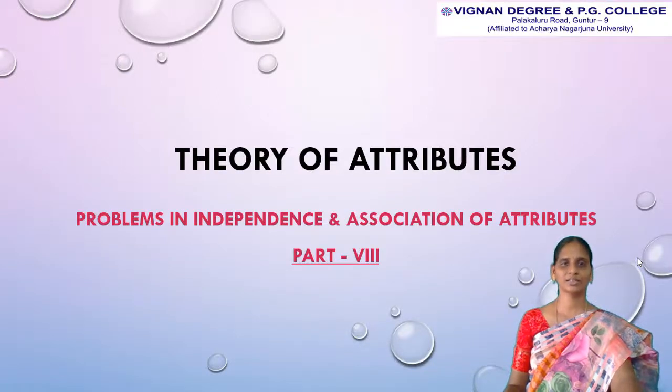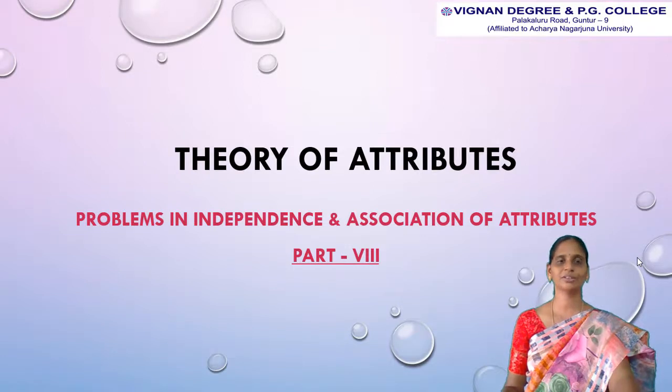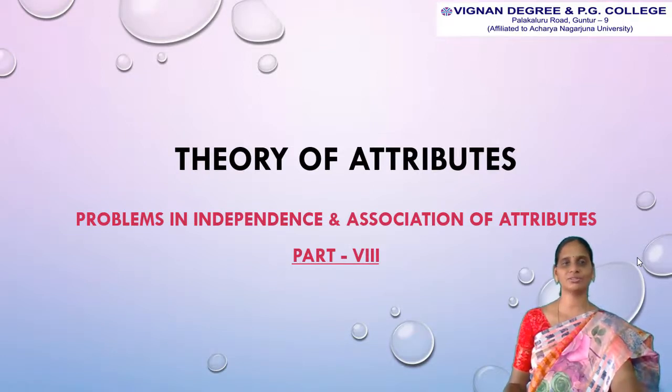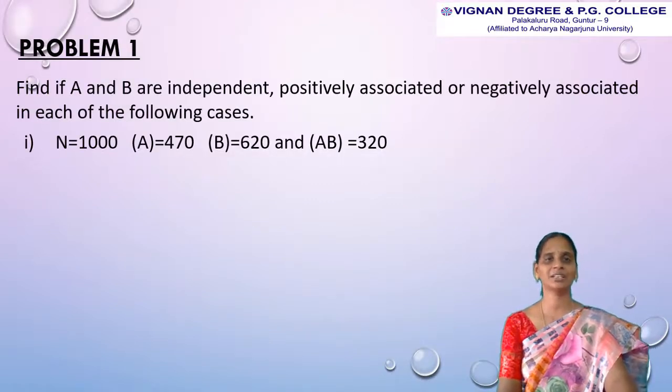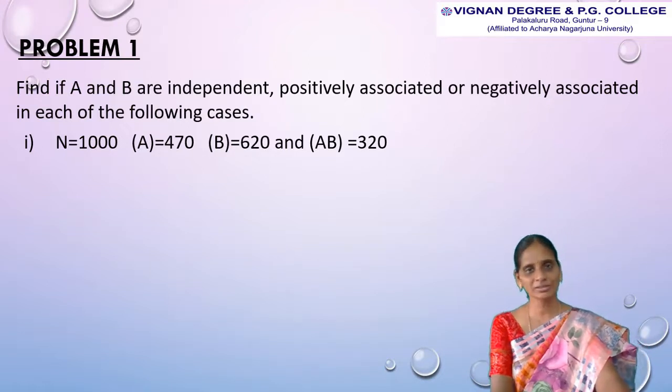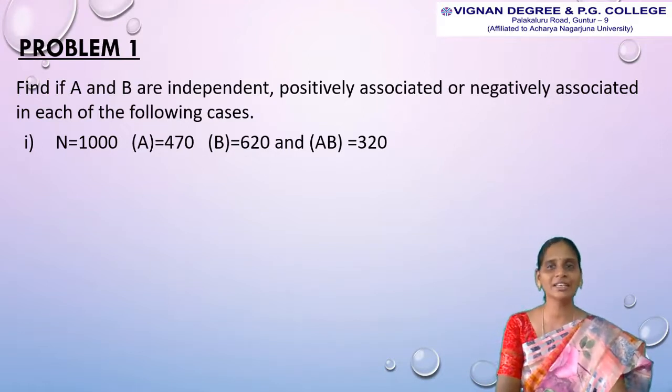Welcome to the last lecture of Theory of Attributes. So in this video, we are doing problems in independence of attributes and association of attributes. First problem 1. Find if A and B are independent, positively associated or negatively associated in each of the following